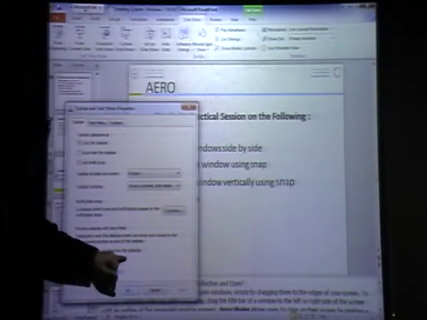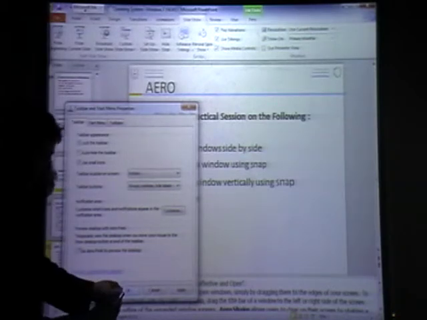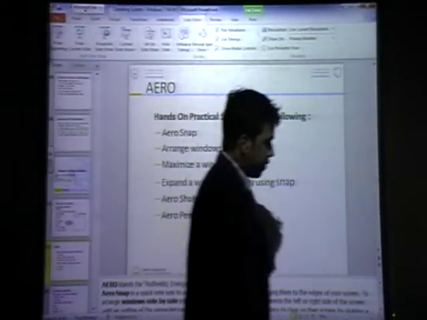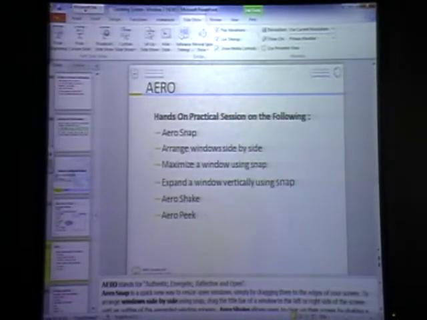Taskbar. Here is use arrow peek. First you look here, then you do it on your computer. See, this is checked. I will remove this one. Click OK, and move my mouse arrow here.